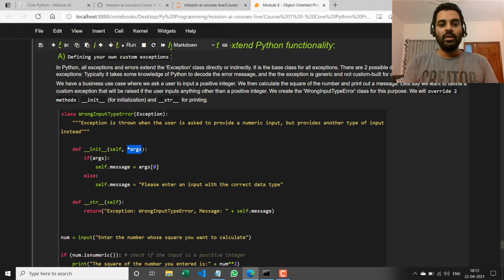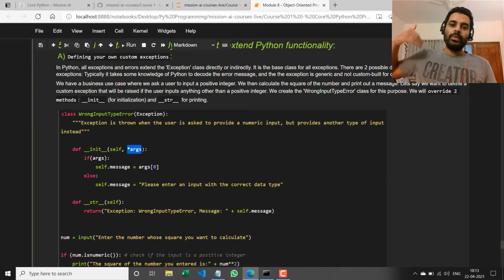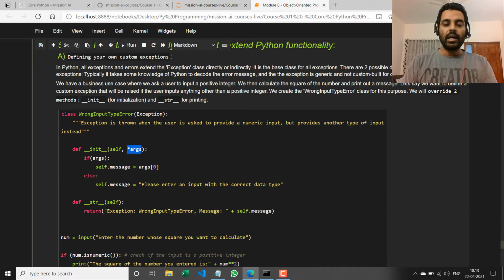Now, in the constructor, we know that self is the first argument, and let's say it takes a variable number of arguments, right? So it could take, like, let's say there's already an exception being thrown through multiple layers of the function that's been accumulating arguments at each level. So it would have 2 to 3 arguments, right? It could have zero also. So I'm just saying star of args. I already told you about how to accept a variable number of positional arguments, right? And args is basically a tuple, right? So it could be 0, it could be 1, it could be 2, whatever. Now, if args, that is, if there is an argument, I'm going to initialize an instance attribute called message, right? So self.message equal to the first element in the args tuple.